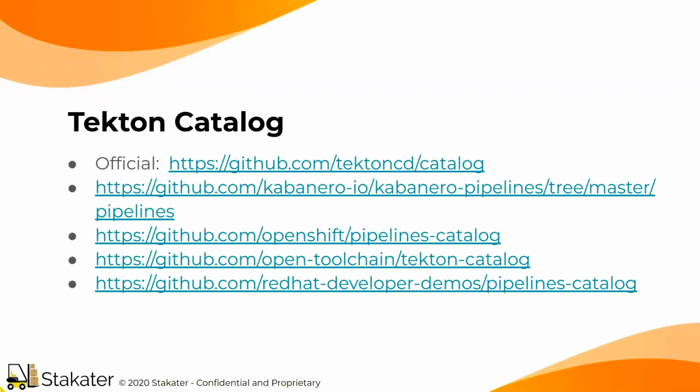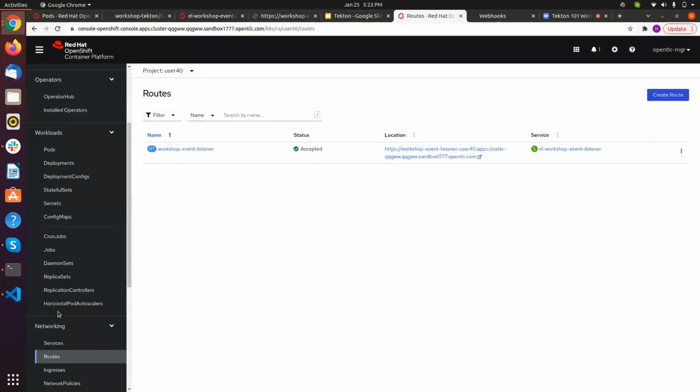Tekton, as I said, is highly customizable. It means that sometimes you don't have to write code yourself. You can always use the catalog that is defined by Tekton. Tekton ships some of the tasks that you can use yourself by providing the parameters, just like a git clone task. There are some tasks that come by default. If I show you,